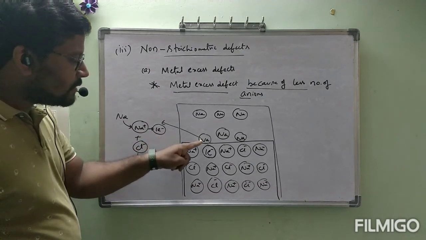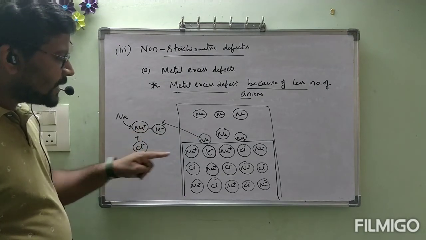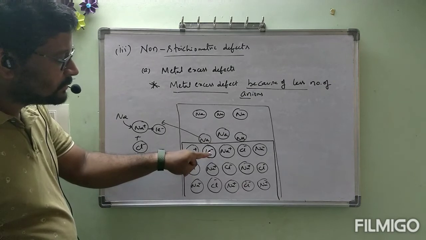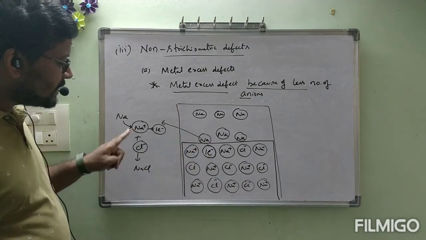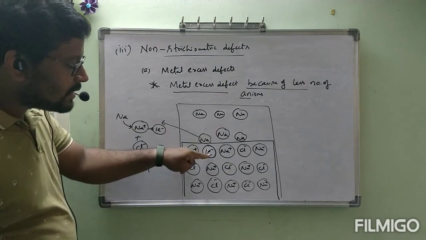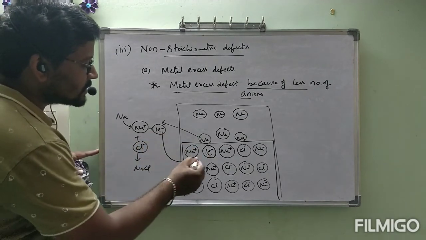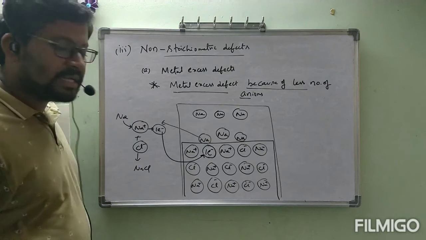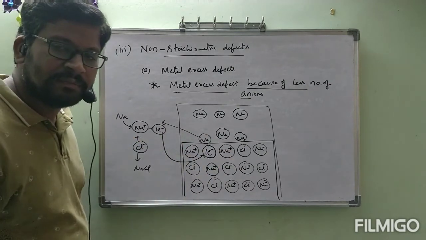From here we got Na plus. Then that Na plus is going to react with the Cl minus which is present here. Previously Cl minus was present. That Cl minus is going to react with this Na plus to form NaCl. At that time a vacancy is generated here. This electron is going to occupy that vacancy, the Cl minus ion position, because the charge is not disturbed.